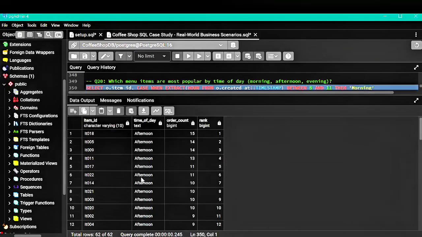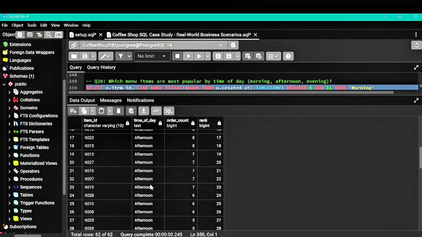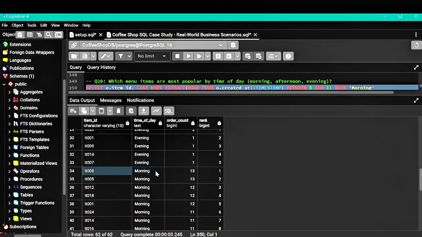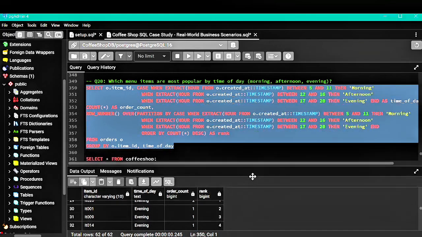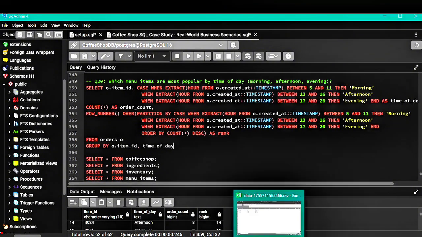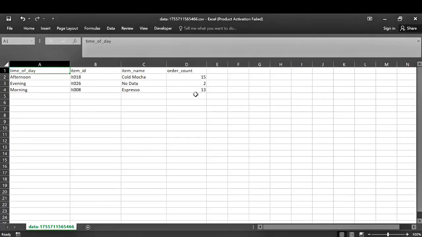Now in the output, you see it retrieved item name, its time of day, its order count, and the rank. You can see it shows a rank in each time of day, like in evening, morning, or afternoon, and it ranked items based on orders count. Now we have to do two things. First, to select those items whose rank is 1, and second, we need to add item name to match the